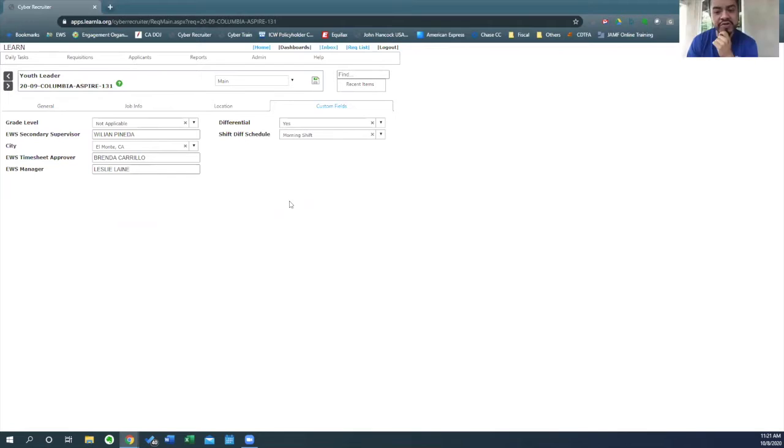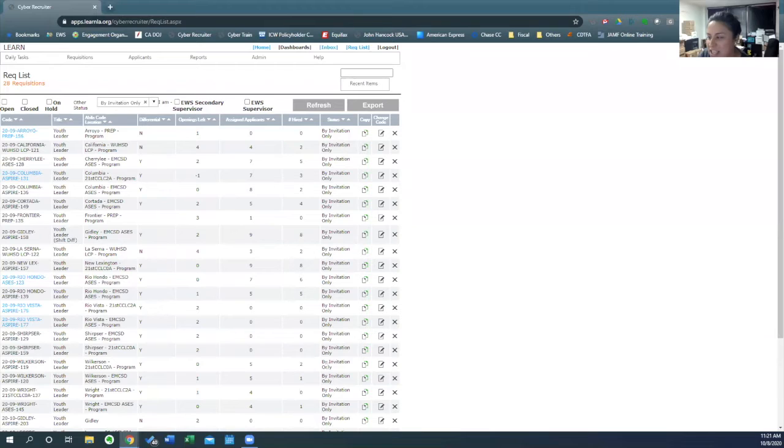I had a question in regards to this rec specifically. Since it says only Columbia Aspire, can we change the actual code to an ACES or 21st, or just leave it as is at this point? If you can change the code? Yes. There are very few people that have the option to change those codes. I think it's just Brenda Nava, myself, and Leslie that have, as admin, the option to change those codes. So yes, if you shoot us,